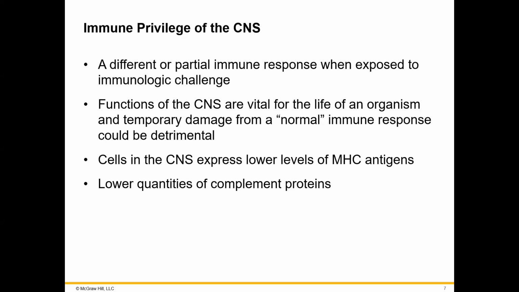So we can't have inflammation causing too much damage to these structures because we need them in order to just live as organisms. The cells in the central nervous system also have a lower level of MHC molecules to present antigen, simply because we don't want to trigger too strong of an immune response when we do trigger it. We also have a lower amount of the complement proteins that we typically would see in the bloodstream. Once you get into the brain tissue, there's a lower amount of those. Again, we don't want to initiate membrane attack complex or inflammation at a high degree that